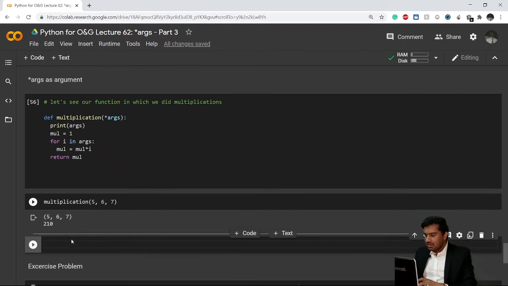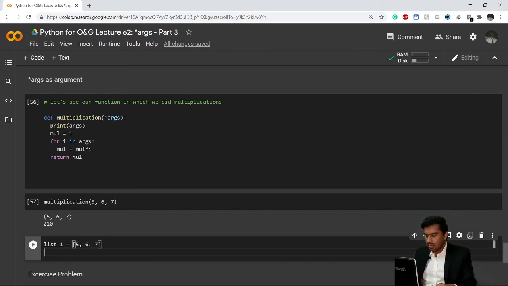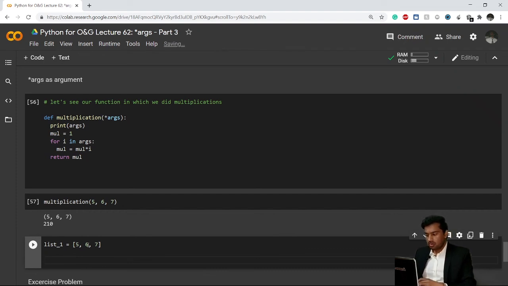But this time, let's say I have a list called list1, which contains the elements 5, 6, 7. I want to multiply all of these. I'm just new to Python, so I know I have a function there.